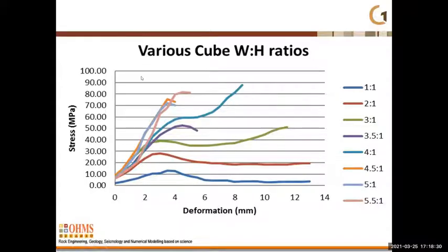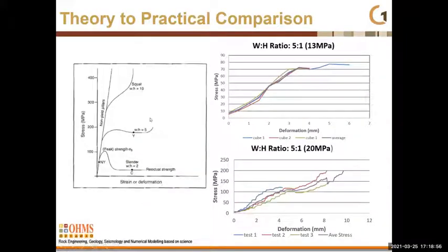So here we tried to duplicate the results when we used a weaker material strength in the form of a 13 MPa concrete. So you can see the 1:1 ratio is a 13 MPa concrete strength, and then we use 5:1 as an example again, we get up to a 72 MPa sample strength with an increase in width to height ratio. So this compares nicely with what is theoretically believed to happen inside a squat pillar, which is, you can